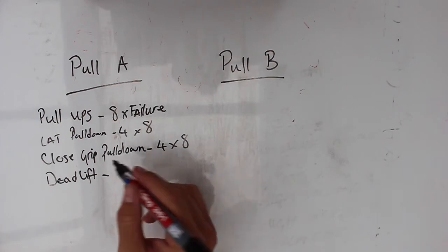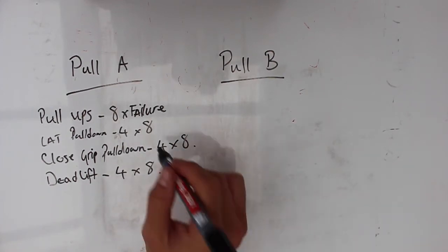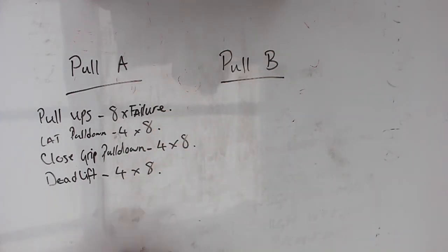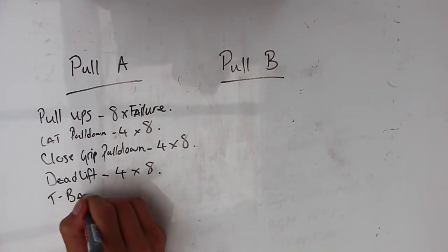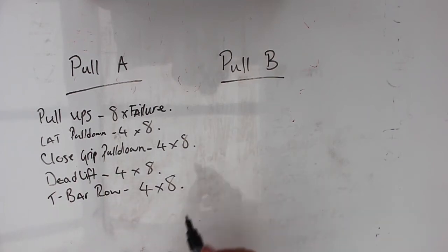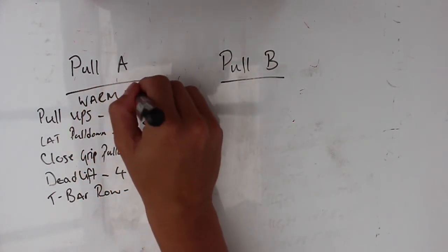Same with deadlift, not going to be max weight, not going to be trying to improve strength. That is what is going to go over onto the B variant of each day. Throwing in a T-bar row, haven't done that in a long time, but one of my all-time favourites, and I love doing it when I'm bulking because you can just rack the weight up and really go at it. Obviously I'm going to do a warm-up. I'll probably do a few on a lat pull-down or pull-ups or something light just to warm up,